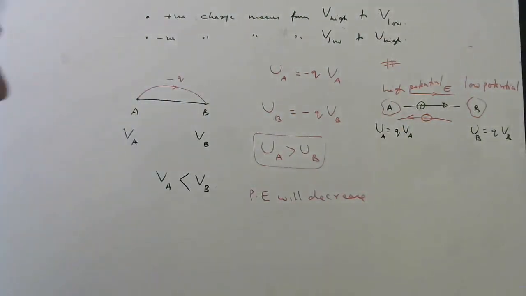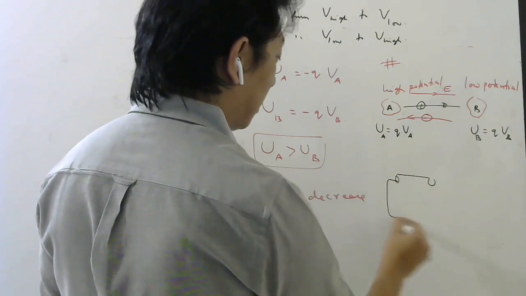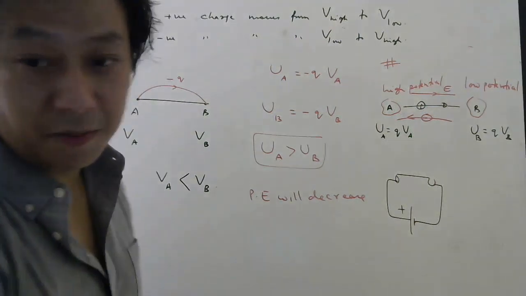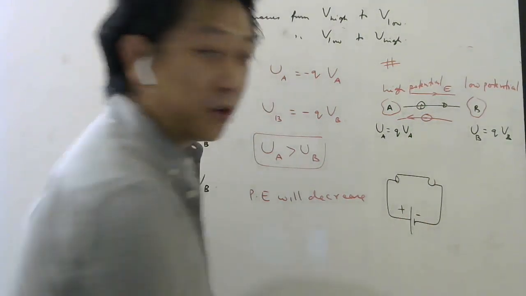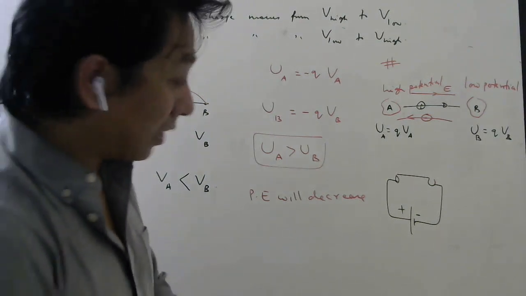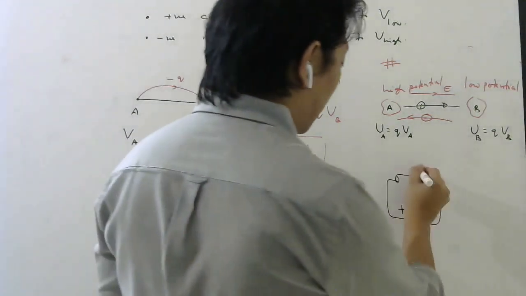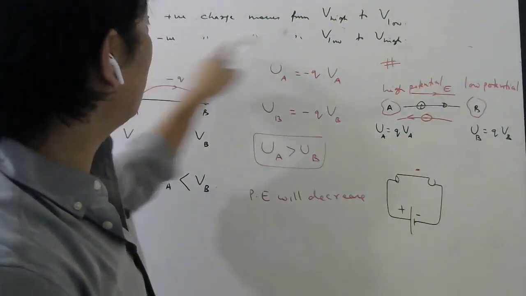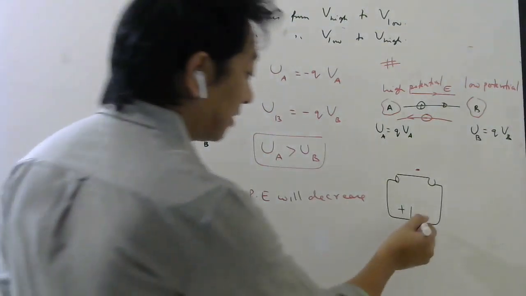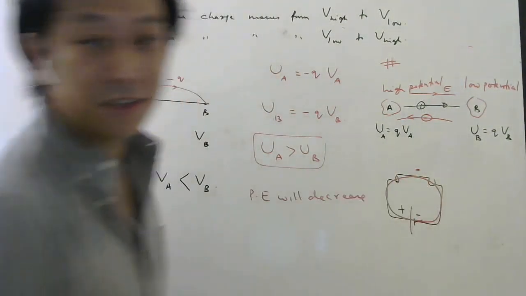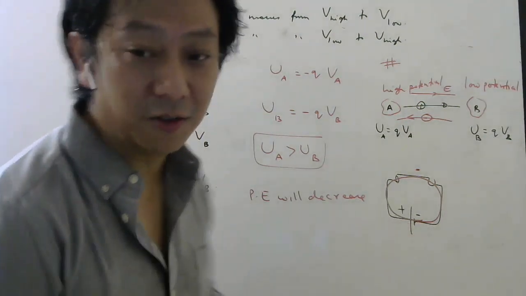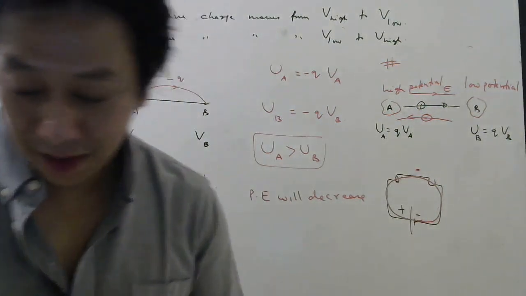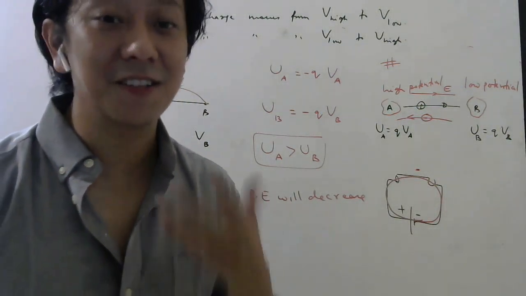That's why, if you remember your school days, if you have some wire and you connect a battery, the longer line of the battery means high potential, if you remember. Negative, the shorter line means low potential. Negative potential means low potential. Electrons in this wire are negative charge. And negative charge moves from where to where, I told. When you leave them freely, they move from low potential to high potential. So negative charges will run this way in the circuit. Okay, so this is something you know from school days also. Electrons will move this way. Current, I know we show this way, but that we will discuss in next chapter, which is current electricity.